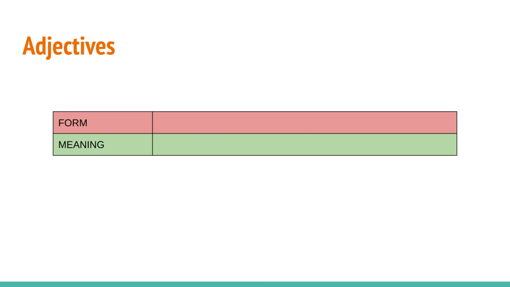Whenever we come to think of adjectives, I would like you to do this thought experiment and try to guess what we could say about adjectives regarding their form, and what we could say about adjectives regarding their meaning. Remember that the form has to do with the structure of the words, so the morphology. What's the morphology of adjectives? When you come to think of it, you can probably think of -er endings, -less endings, or something like that. And when it comes to meanings,